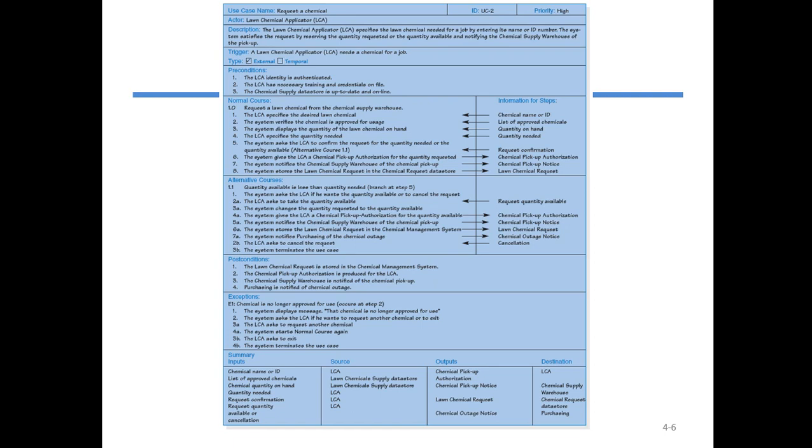So let me elaborate with a simple scenario regarding the use case. For example, when you go to the ATM machine and request an amount to be retrieved from the ATM dispenser, what is the normal course? You go to the ATM machine, you put your ATM card into the machine, and you select the input. So what is the trigger for this use case scenario? You put your card into the ATM machine.